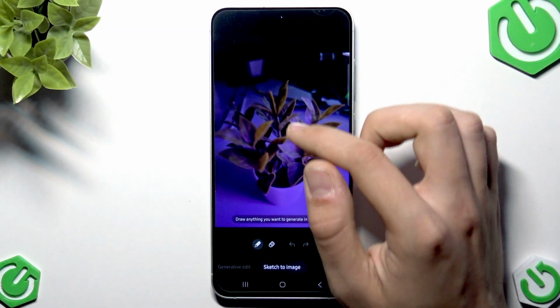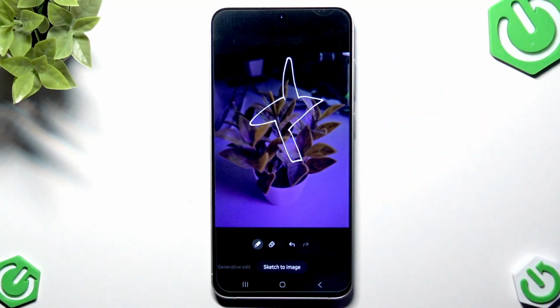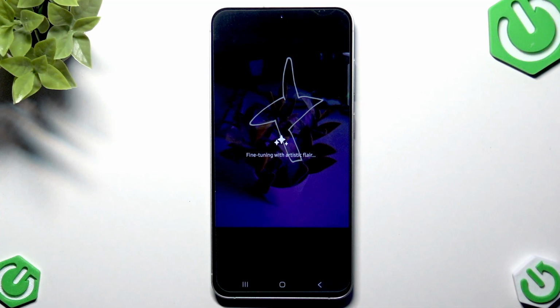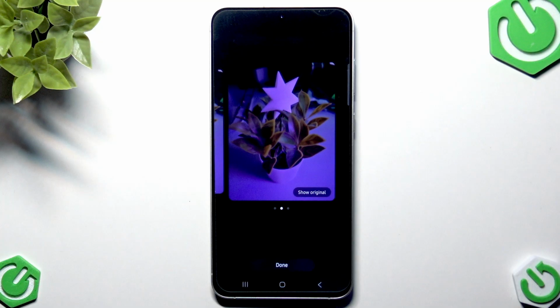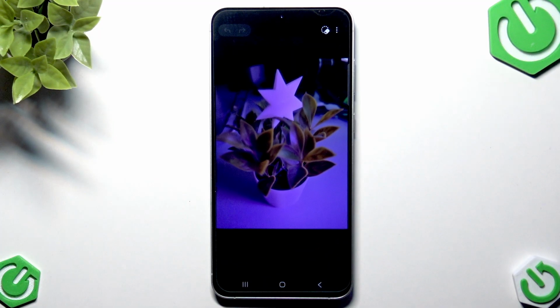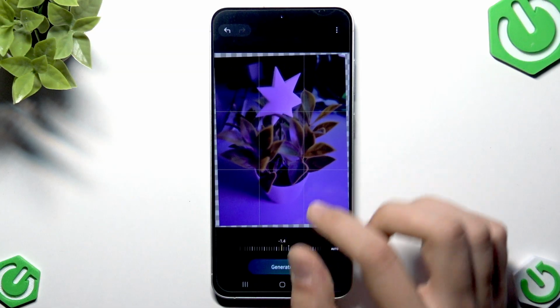Apart from that, in this sketch to image, we just have to tap here and draw something. Let me draw a star. It doesn't look like a star, but who cares actually. Let's tap generate here, and now our image will be generated in our picture itself. Now, as you can see, we have a star in between our flower. We can tap done, and apart from that we can go back to AI,